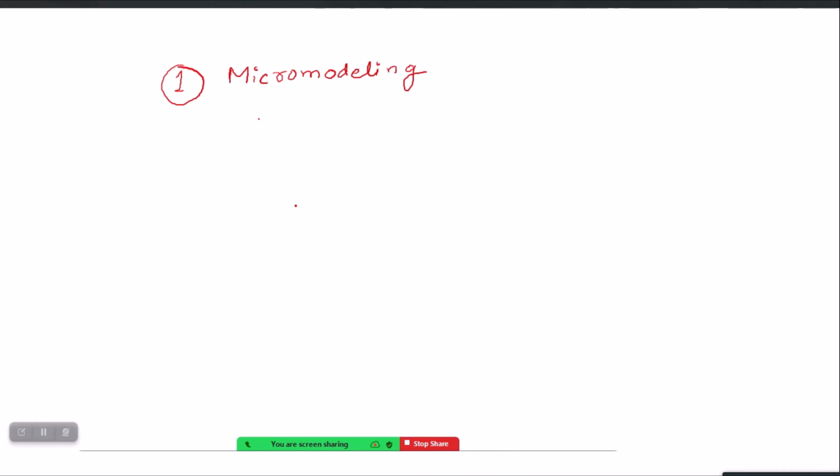So you will try to simulate the actual physics of your structure or structural component in this approach. So this is the most accurate approach, but again, at the same time, it is also the most time consuming